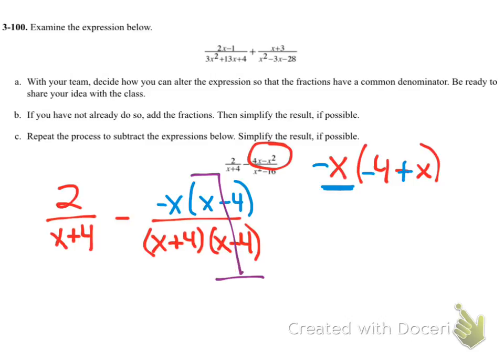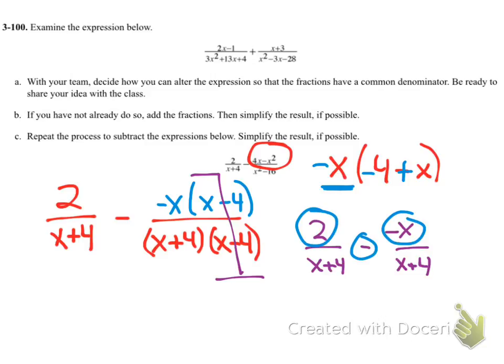Meaning that I have a giant 1 right here, and this problem becomes 2 over x plus 4 minus a negative x over x plus 4, and I already have a common denominator. So my numerator then is 2 minus negative x. 2 minus a negative x is going to be 2 plus x over x plus 4, which is the answer we had before. I just switched around the order of the x and the 2 in the numerator, so it's x plus 2